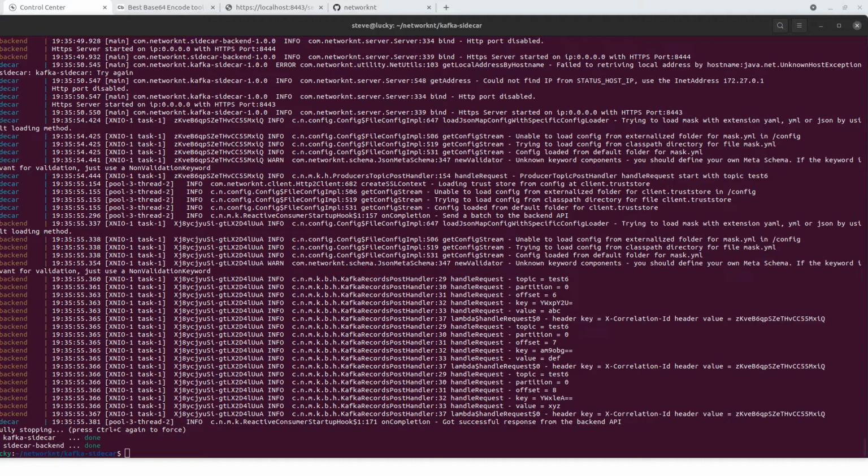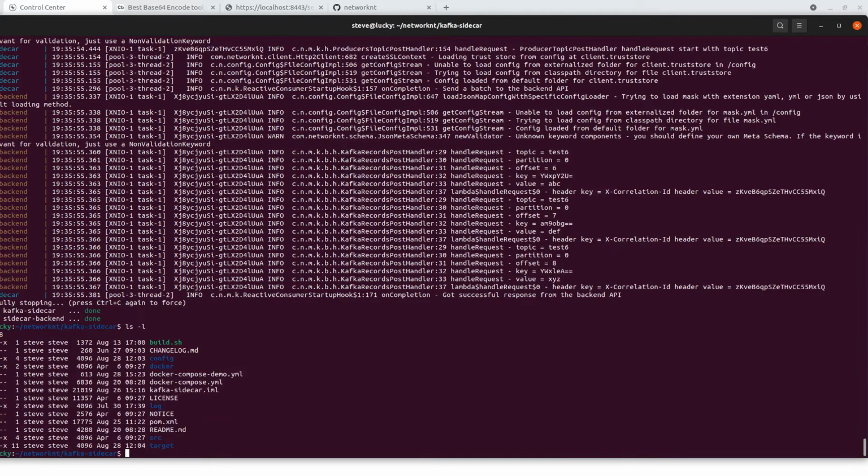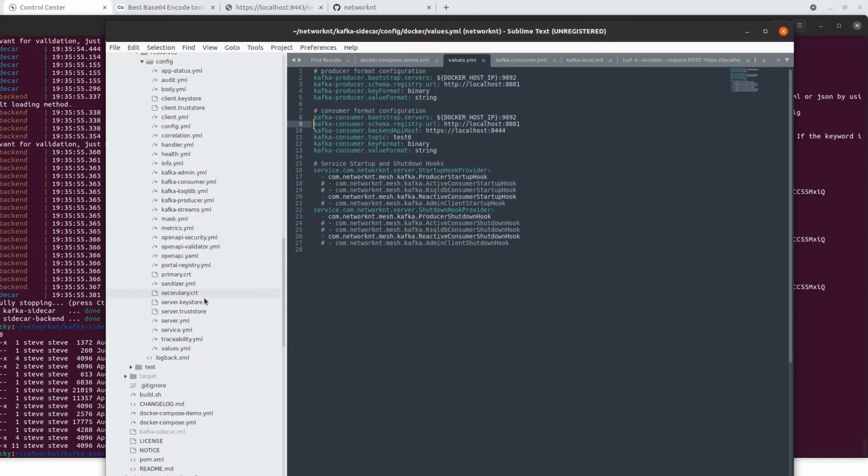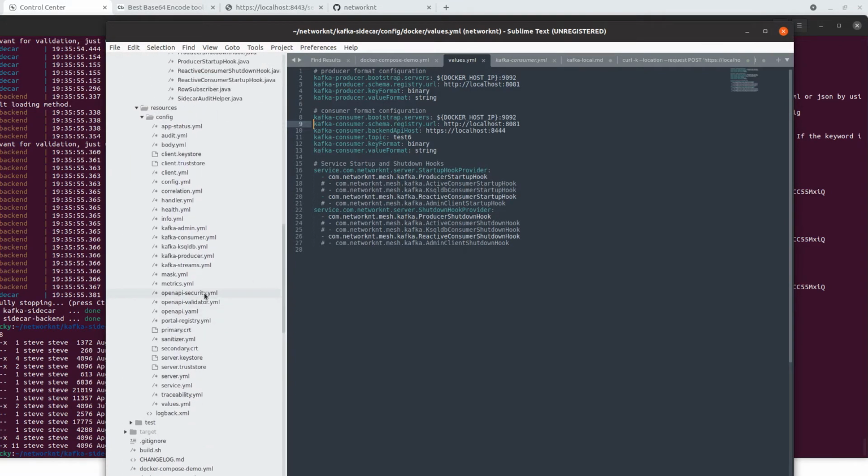If you look at the kafka-sidecar repository, you can see we have two Docker Compose files there. One is docker-compose.yaml and one is docker-compose-demo.yaml. If you look at the content of those YAML files, you can see the difference between those two. Let's first take a look at